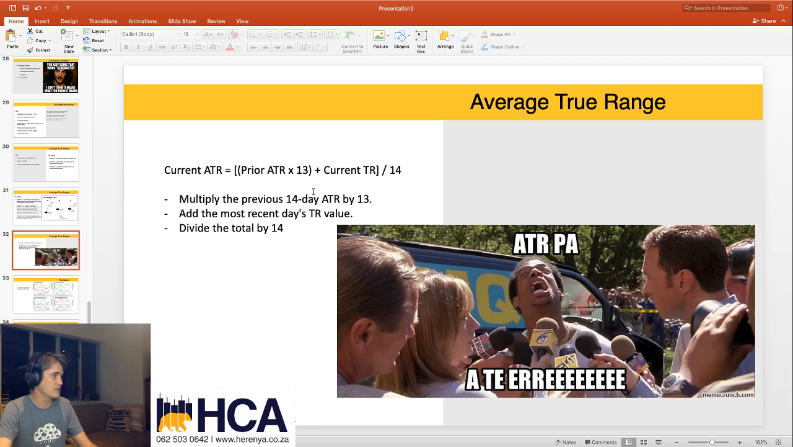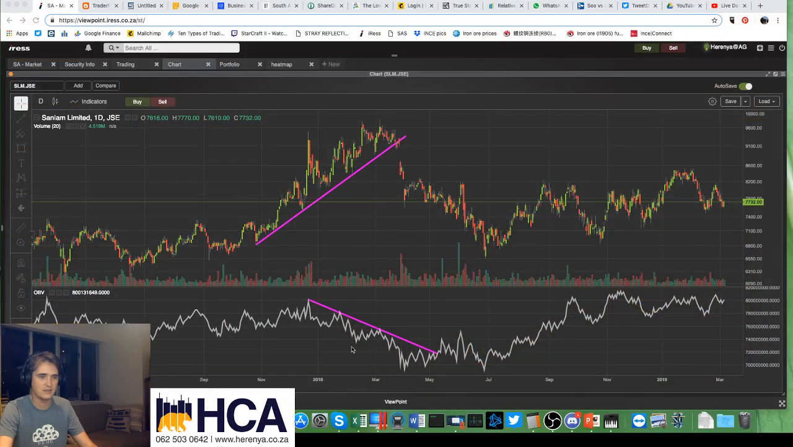So the actual calculation is then: you look at prior ATR times 13 plus current total range, divided by 14, and that gives you this nice little smoothing effect. And then it gives you an ATR, right? Average true range. So what you can use ATR for, going back to our fancy Sunlam chart here, thanks to Christy,